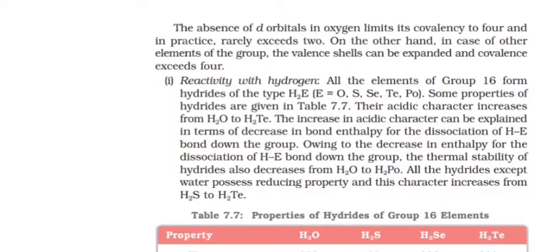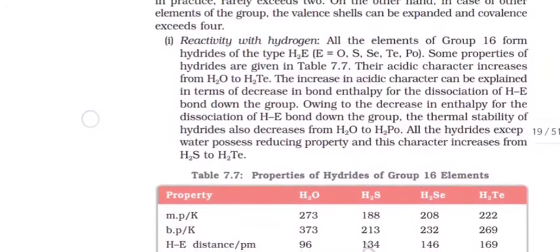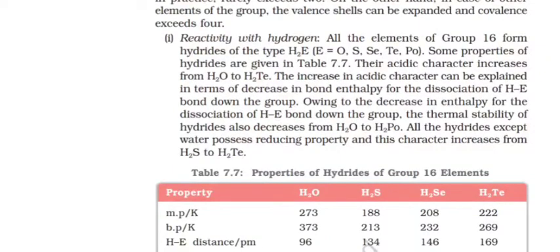Reactivity with hydrogen. All the elements of group 16 form hydrides of type H2E. Some properties of hydrides are given. Their acidic character increases from H2O to H2Te. The increase in acidic character can be explained in terms of decrease in bond enthalpy for dissociation of H-E bond